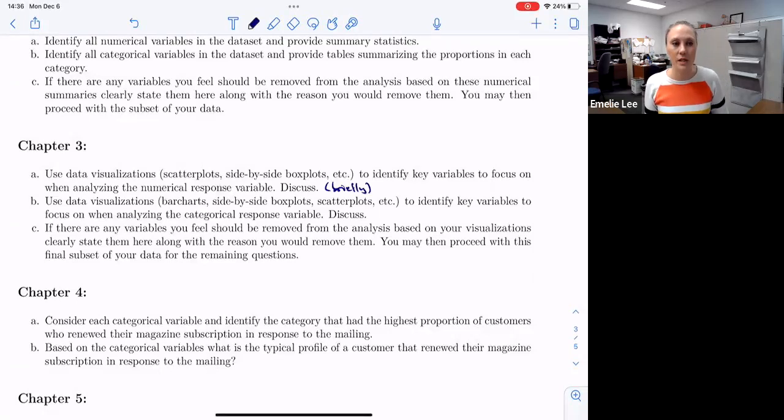Not a huge discussion, but highlight any key findings that you see. Then use data visualizations to identify key variables to focus on when analyzing the categorical response variable. Maybe I'll highlight here. Okay. So if you have a categorical response variable, then you can look at side-by-side bar charts, for example,